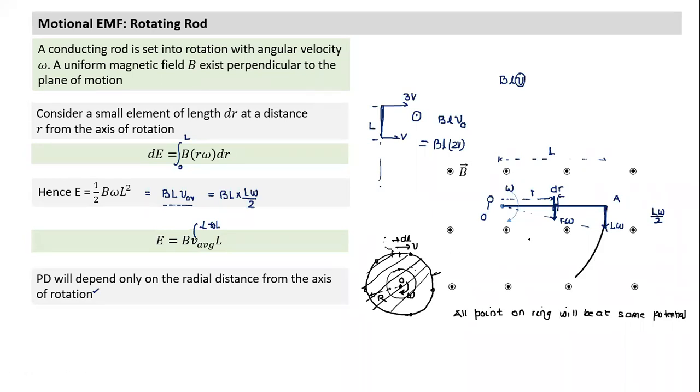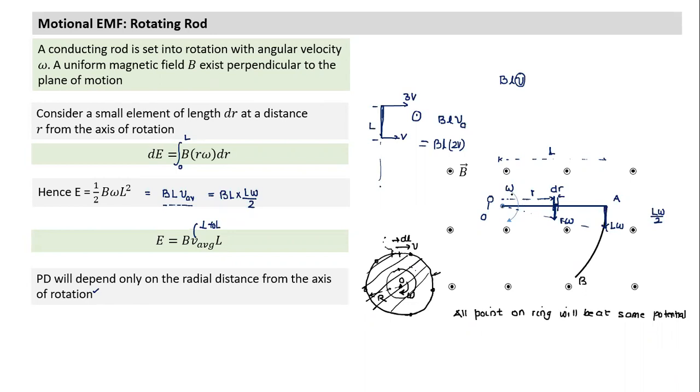Okay. So another way of thinking would be, suppose I have a rod like this, O to A, and this is a circular arc like this. If I have to find the potential difference between this point and this point, what is the piece of rod I have? It's a radial length, and this part is an arc of a circle of the same radius. So this is a piece of metal.